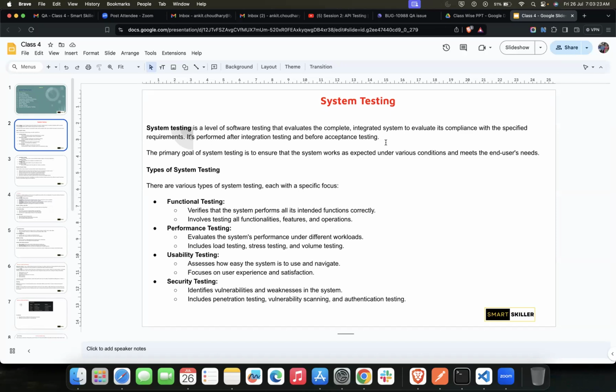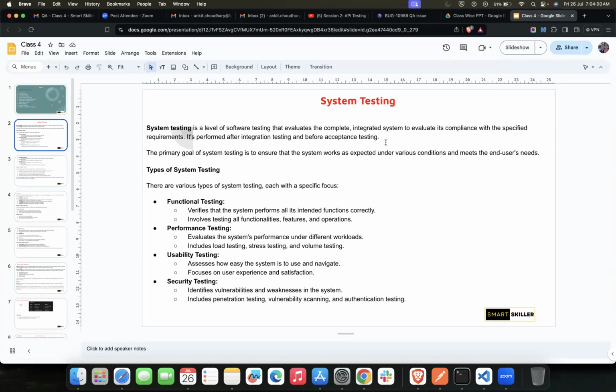What we know about acceptance testing is basically that whenever software is developed, it has to be developed for someone. We generally don't develop software for ourselves. Even if we do, after the entire development is done, we hand over that software to the client and he tests it just before the deployment or in the staging area, just to make sure that the software is in an acceptable condition.